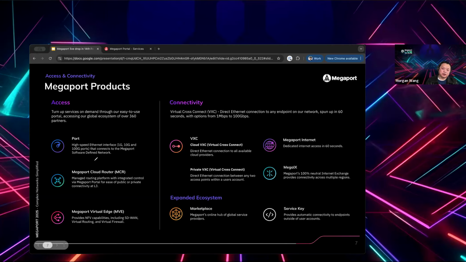Or otherwise, if you don't want to make that publicly available to all the customers, you can create a private service key and share it with your specific customer or partner. They can still initiate a connection request to your service, but it will not be available to all the other customers.